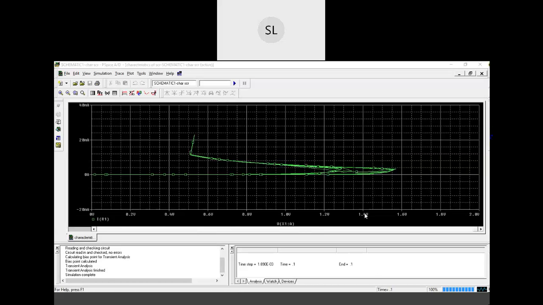If you want, I will post today's video on the group, so that it will be there with you for reference. So when you start this experiment on your own, you will not get confused, and by referring to the video you will be able to simulate the circuit. Okay everyone?